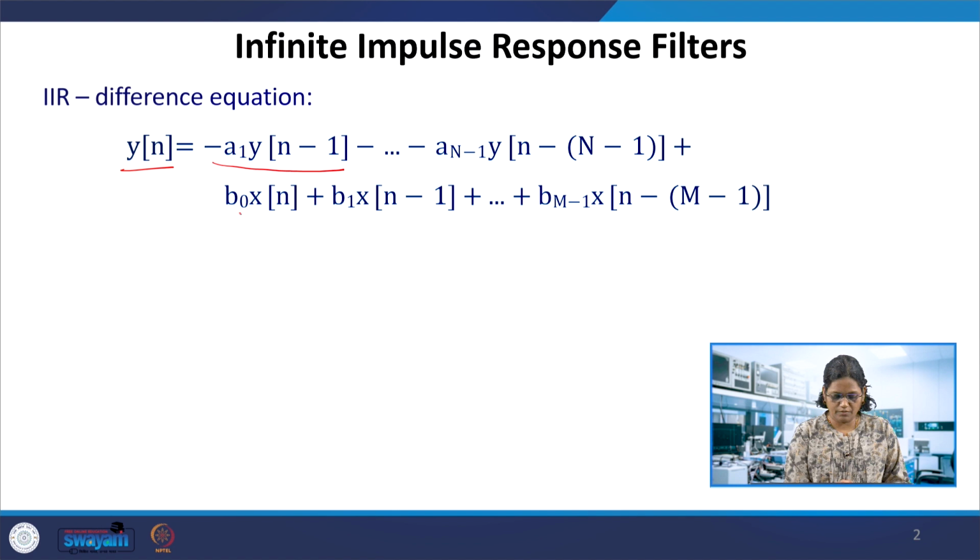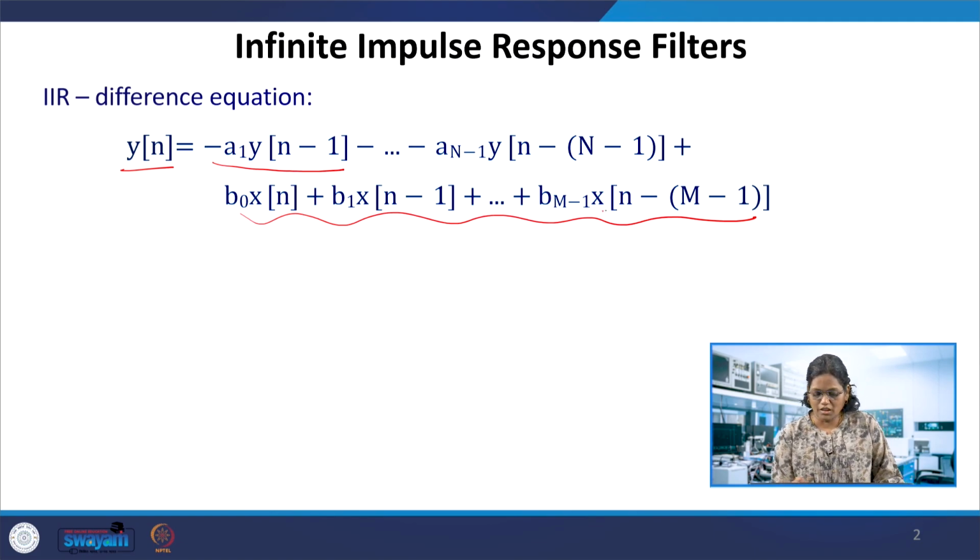And then, similar to the case of the FIR filter, we have the coefficients for x[n], if you recall, b0, b1, b2, up to b(M-1), applied to the present input and past inputs, up to the tap delay we used in the FIR filter. So this portion is similar to the feed forward. These are called the feed forward coefficients of the IIR filter, b0 to b(M-1), and a1, a2, up to a(N-1) are the feedback coefficients. How we get these coefficients is the design of the IIR filters.